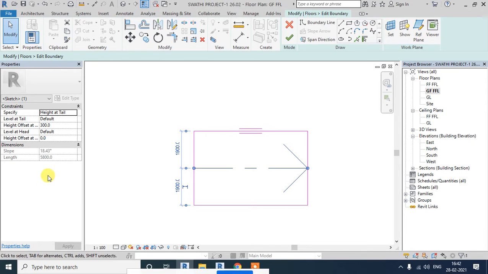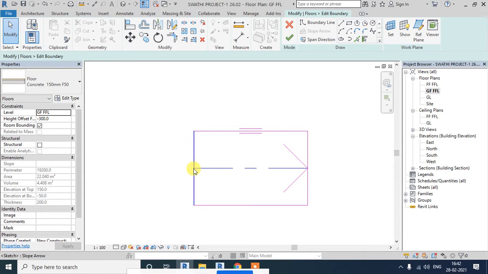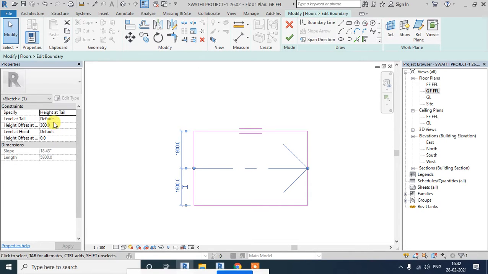When you select the arrow, you have certain options. It says height at tail. That means by default it is lifting my floor at this particular end to a height of 300. I select the arrow again and it says height at tail 300. But I don't want it that way. As you said, you want it in a ratio or a percentage basis, or even degrees. Even in metric we use degrees also, right?